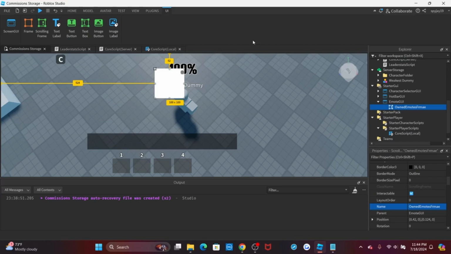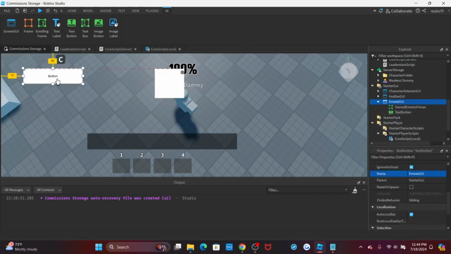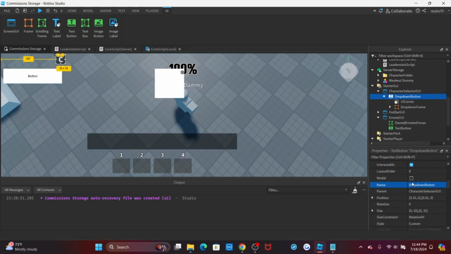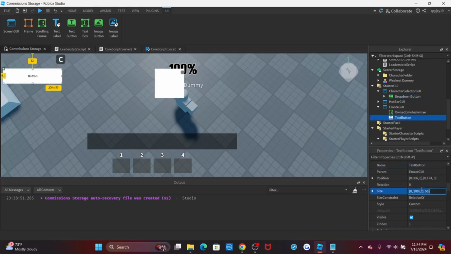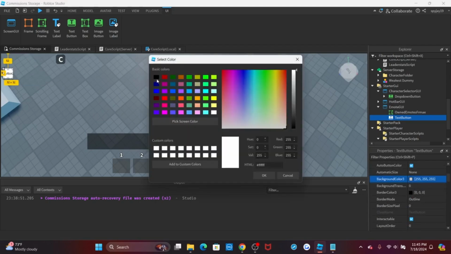Moving on, we have the emote button. I'm going to click the plus icon on the EmoteGui and insert a text button. We're going to do it just like how we did the character drop down button, so you can get the same properties. Size is 32 by 32, so we're just going to highlight all that, then make it 32 by 32. Background color is just black,